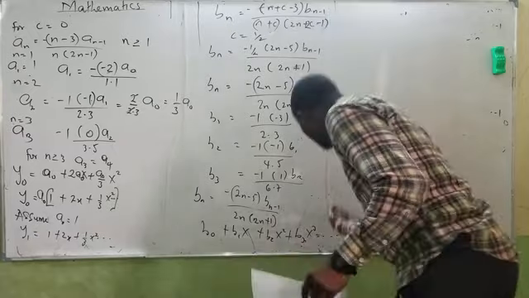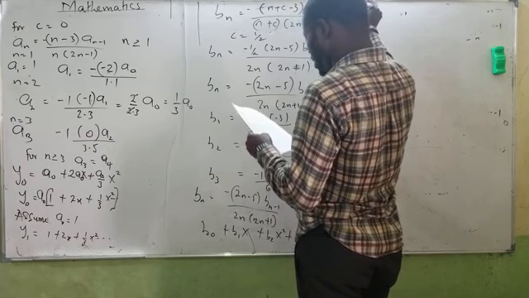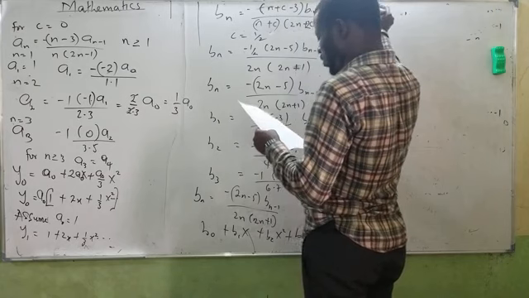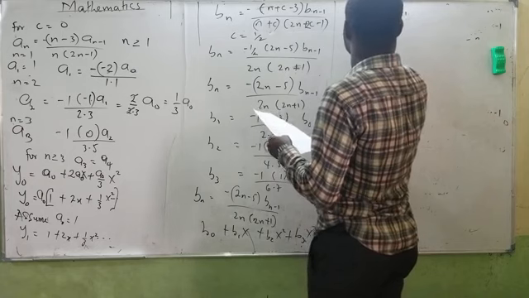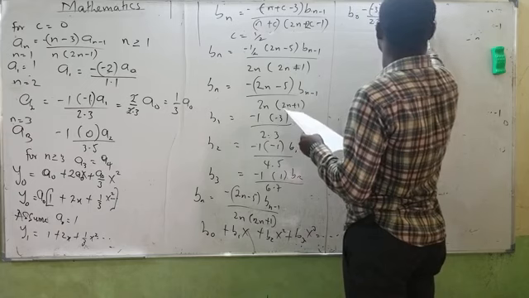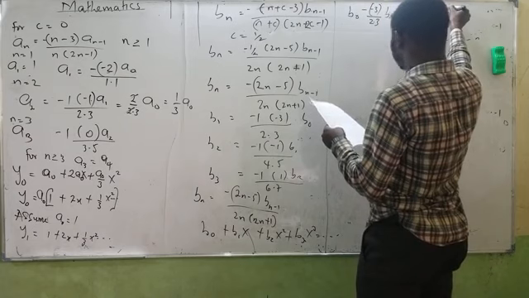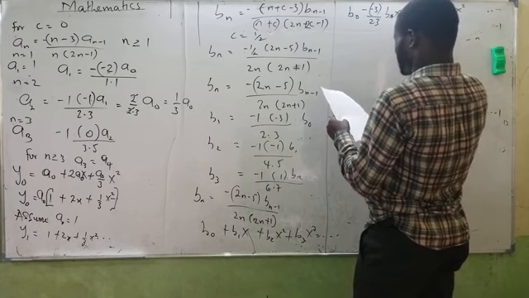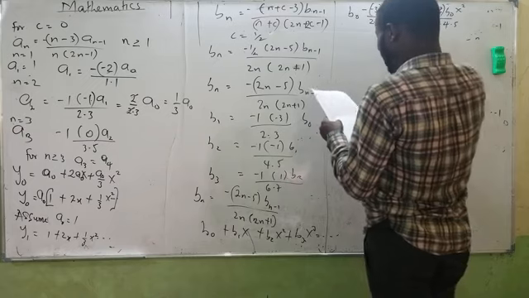If I move with b naught, it means I'll be having my b of a naught minus bracket of 3 of 2.3 of b naught of x plus minus 1 minus 2, minus 3 of what? b naught of x squared divided by 2.3.4.5 and plus